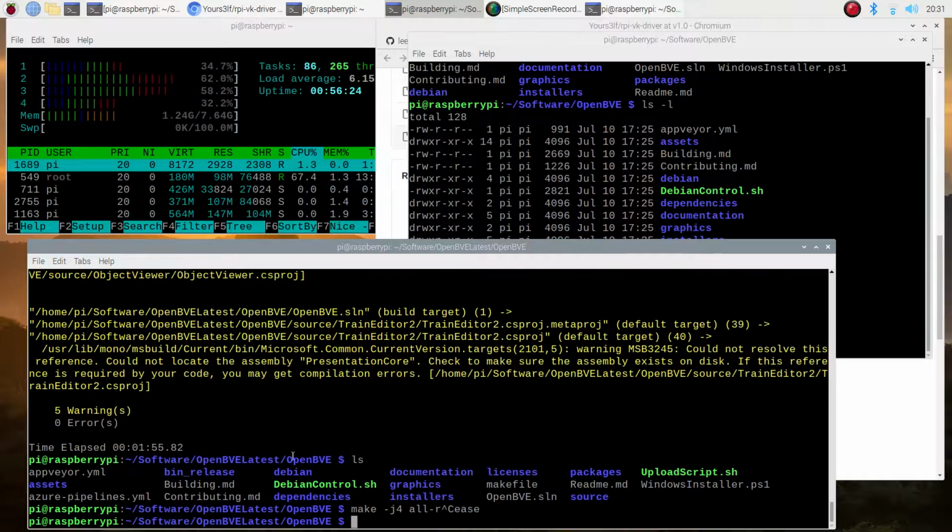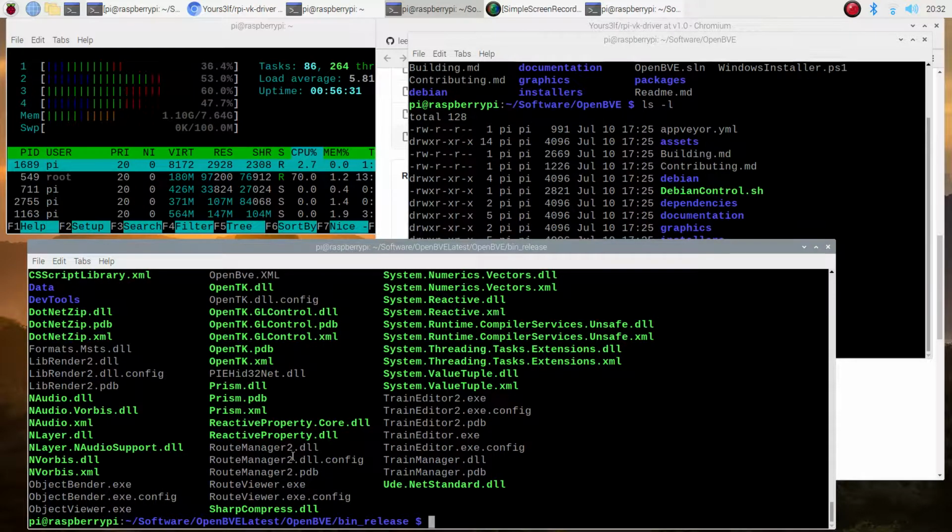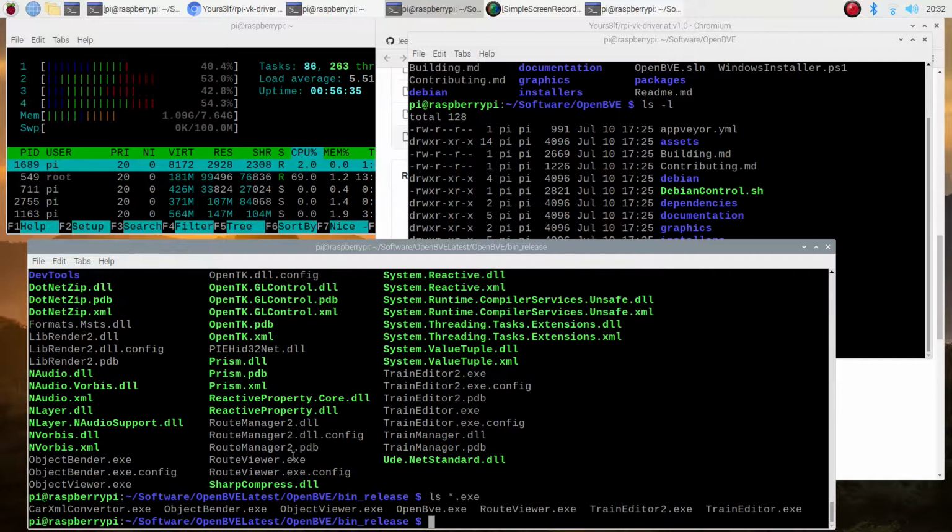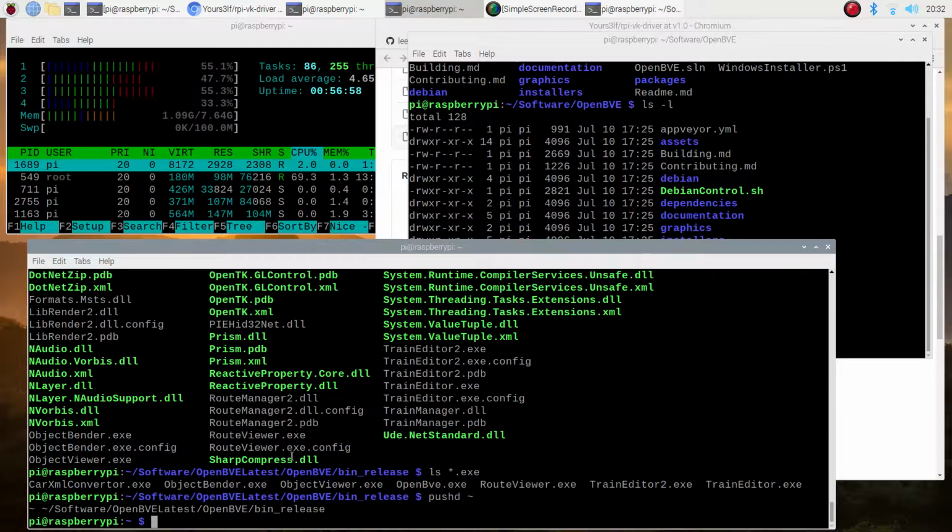Now, once you've built it, if we go into bin release, we can find all this stuff, specifically some exes, and these won't run as they stand. You need to use Mono for that. By default, it puts all of your train routes, or whatever you need to download, in your home directory, so tilde is that. If you're familiar with Linux or Unix, pushd is your friend, push directory. This is a stack. At the moment we have nothing in the stack, and if you look, it now says we've got bin release and tilde because we've moved to tilde. And if we cd to dot,